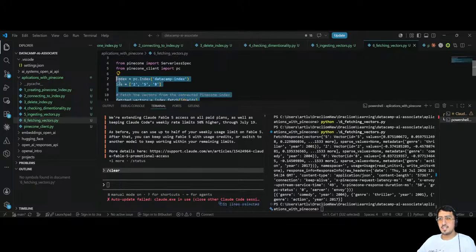Now we're gonna paste this into DataCamp, and in DataCamp we also need to paste the API key, and let's run it, and let's submit it. Good, it worked. All right, and now